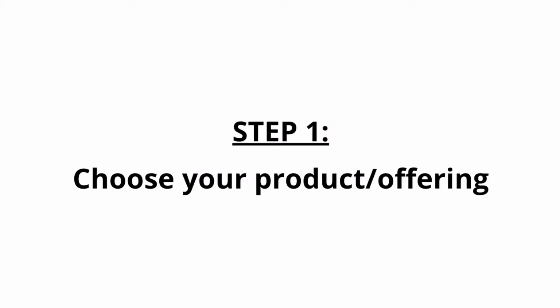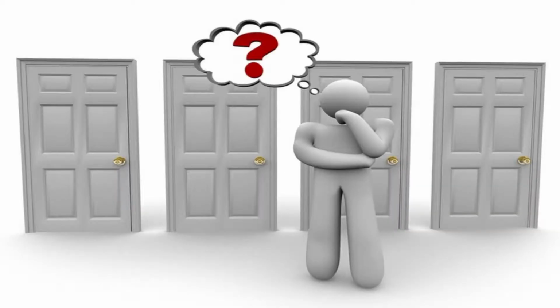Now, step 1 to all of this CPV method is to choose your product or offering. You see, as entertainers, we're really good at being able to do lots of different things, whether that's up stage, up close, whether you're mingling around tables between meal courses, or whatever it is that you're offering. Chances are you're probably offering a lot of different things, and that might just be for one type of event. For example, on your website it says that you do weddings and corporate events and parties and funerals. Like we know somebody that does that. It's very weird, but it seems to work for them,